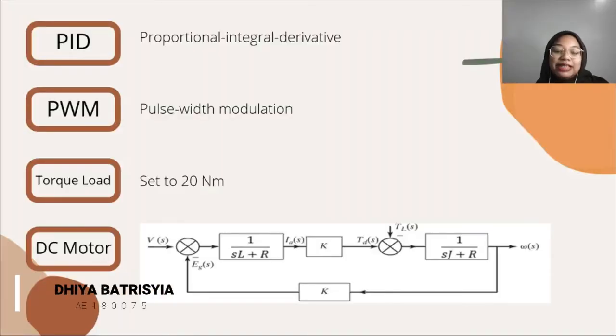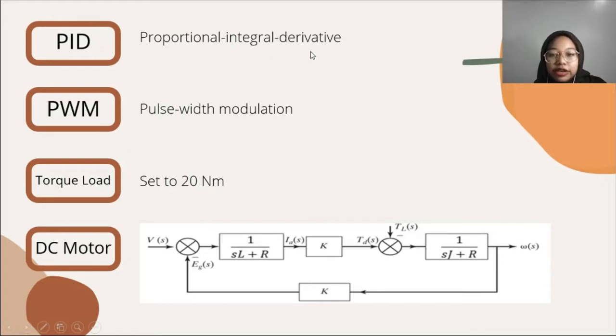Assalamualaikum, my name is BATRISYIA binti ROSMADI. I am going to explain the system block diagram. The first block is the PID, which is proportional integral derivative. In this block diagram, fine control and especially overshoot avoidance require the addition of derivative control in the DC motor. For the value of power, we set it to the